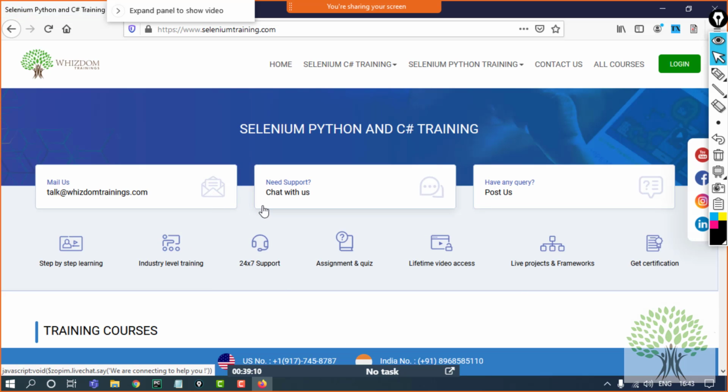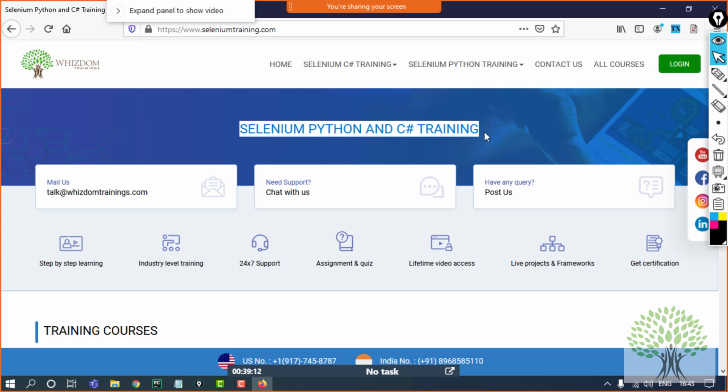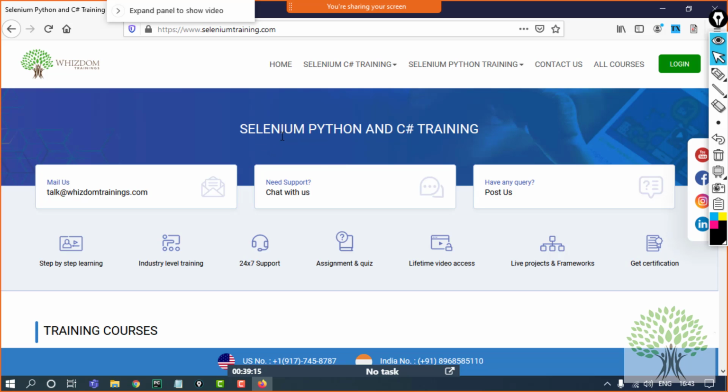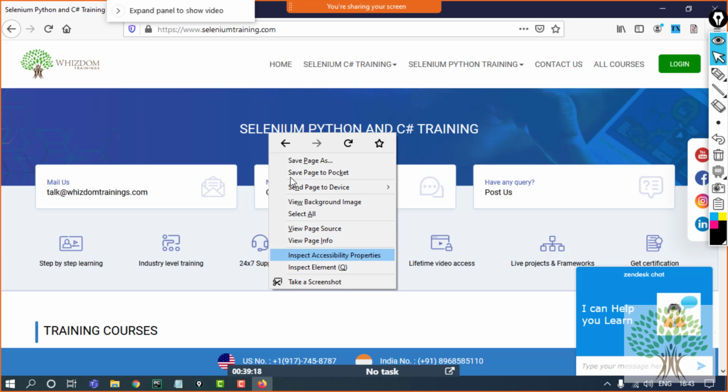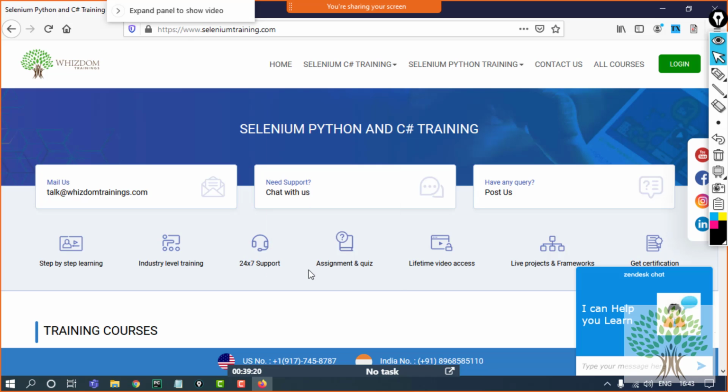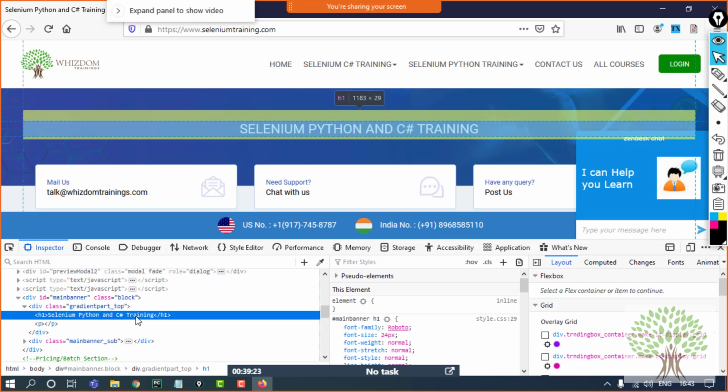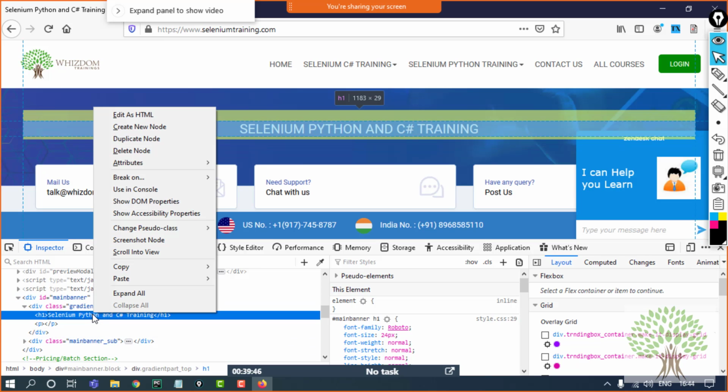So over here, now I'm going to take the same example of this particular element only. If I right click and inspect this particular element, this is being highlighted. Fine. Now for Firefox, there is a little difference. In Firefox, if you are looking for some element which does not have an attribute ID, it's going to give you the complete XPath, starting from the first tag of the document. Like for this particular element, it's not going to give you the partial XPath.